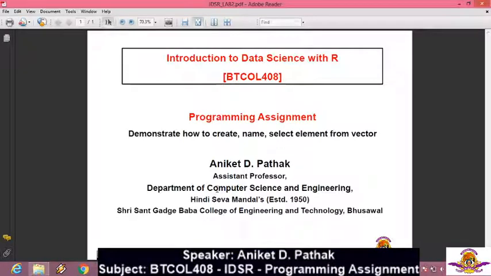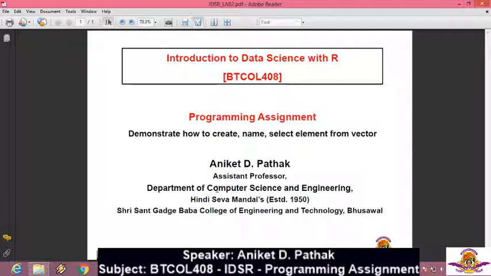To summarize, we saw the different ways in which vectors can be created. We also saw the names that can be given to the position elements or indices of a vector. Then we tried to display selected elements from a vector.